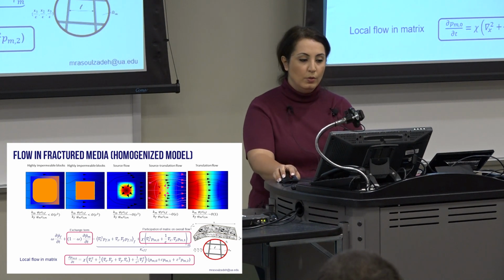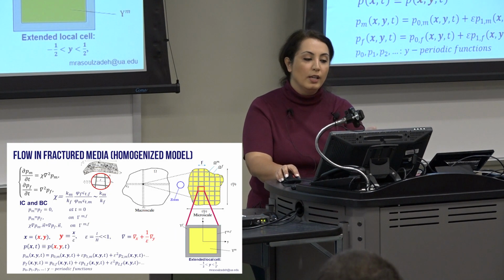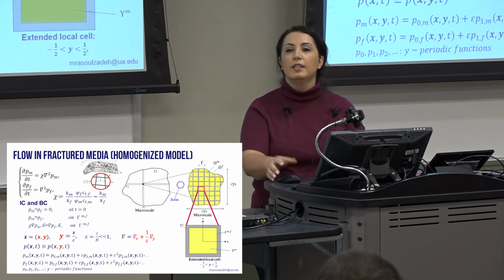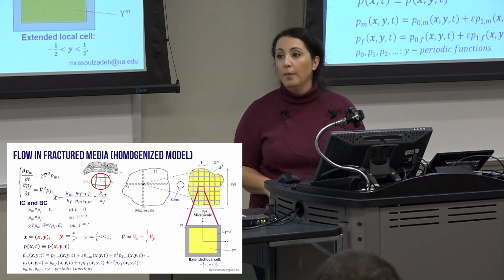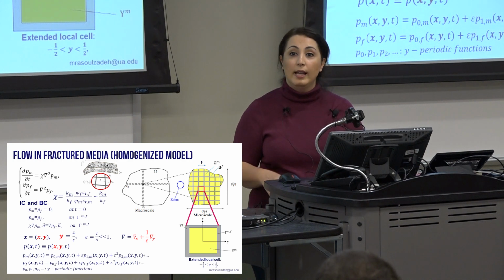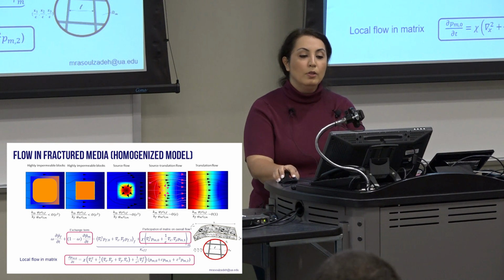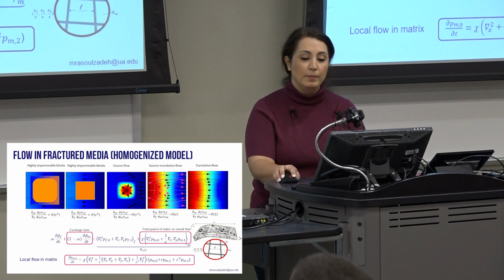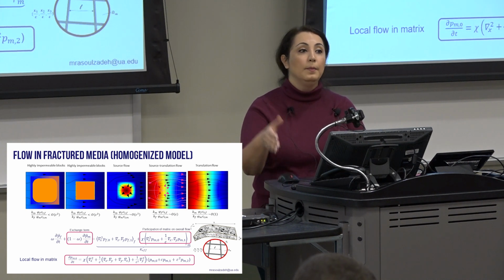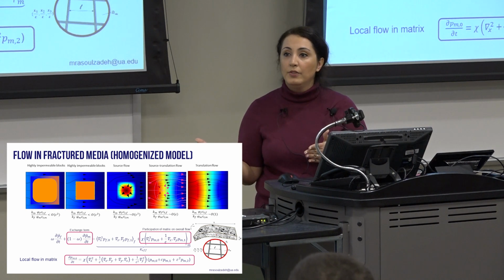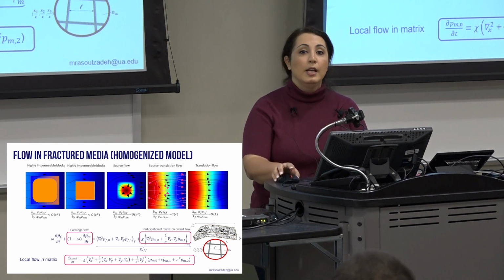Using this asymptotic expansion, plugging it into the equation, and averaging it, this whole thing is called two-scale homogenization. That's actually a big theory in mathematics. I was able to classify different classes of flow in a fractured media. If we look at one cell of fractured media, we can see, according to the contrast in matrix permeability and fracture permeability,